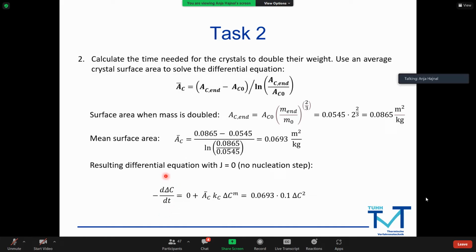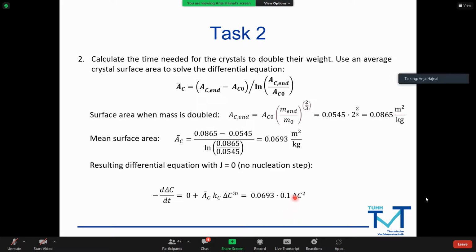Now, if we go further, we have that Rj equals 0. This is the equation 2 that describes the growth of the crystals. This is the average crystal area, and this is our R, which is the overall growth rate of crystals. Now, when we simplify that and put in the numbers, we get 0.0693, which is our average mean surface area,